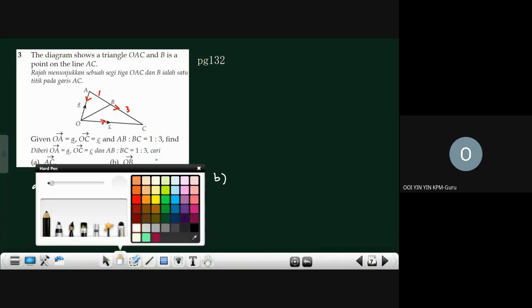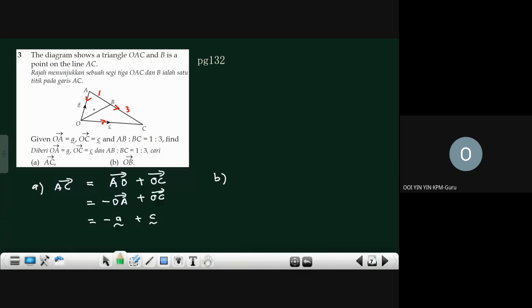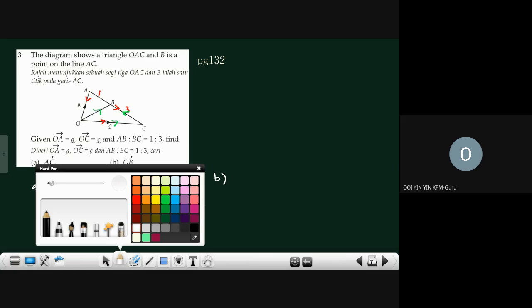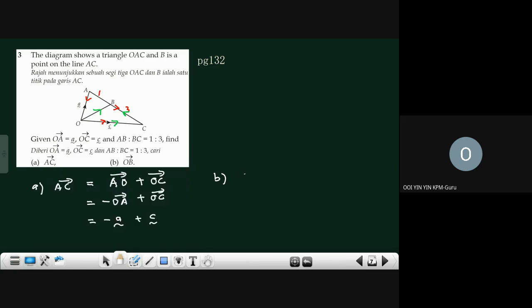Okay, B. Now, where is our OB? Your OB is here. Now we need to think how to get your OB. We can start with O to C and then C to B. So we can write down OB using the direction O to C, and then plus C to B. OC is no problem because it already follows the direction of the arrow here. The part CB